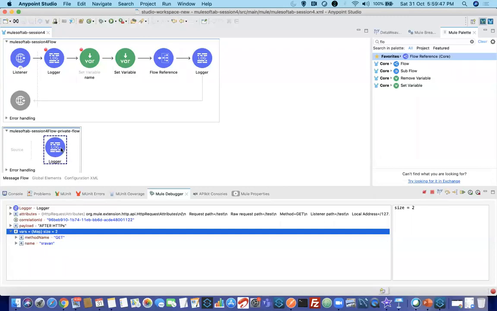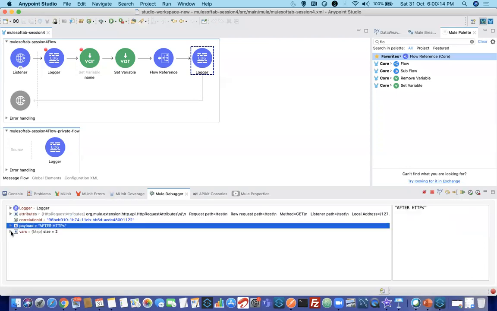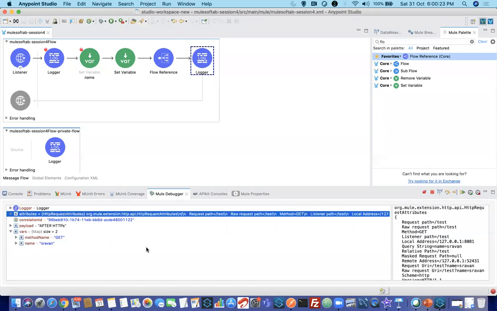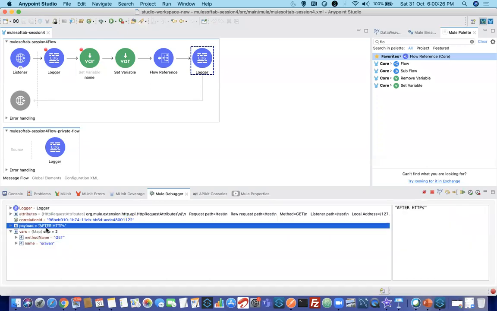Okay. So as you can see, there will be another question, like it will come here and they will ask, what are the values that are accessible at this particular logger? What they'll think is, when you go to some private flow and come back, they want to confuse you, like you went through the private flow and came back, so things will vanish. No, as long as you are not connected to any external system, all your attributes, payload and variables are accessible till the flow ends. That's what you need to understand, right? You can see attributes are still present here, variables are present here, payload is present here. Hope you got this point.